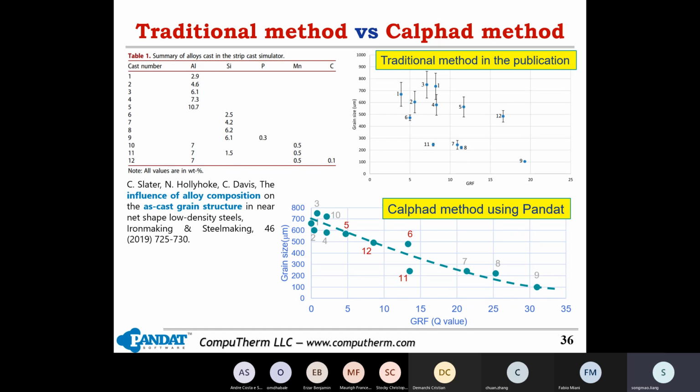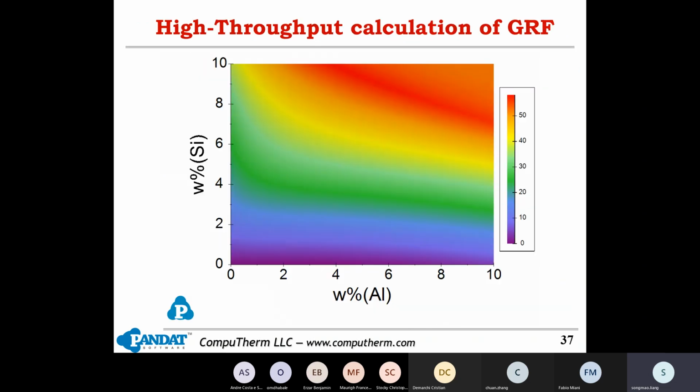In Pandat, all these are single alloys, but if we want to analyze a lot of alloys, and the impact of composition in a larger composition range, then our high-throughput calculation is also helpful to obtain results in a wider composition range, to see the impact of alloying on the GRF value. So this is an example of the high-throughput calculation of GRF value to show the impact of aluminum and silicon on the